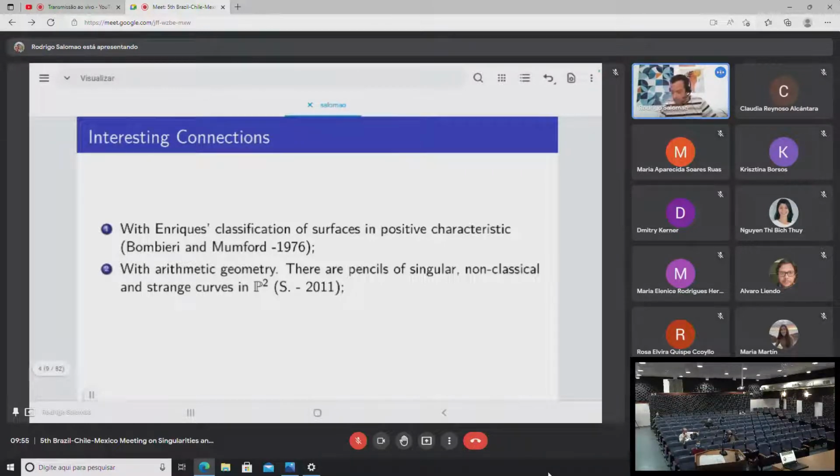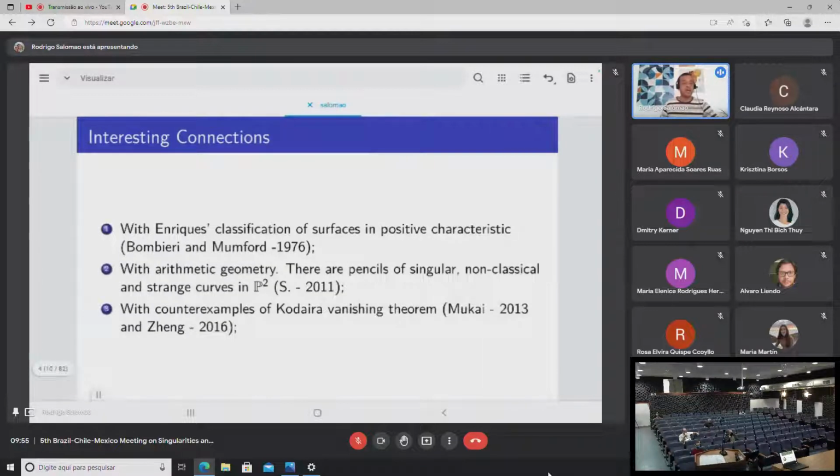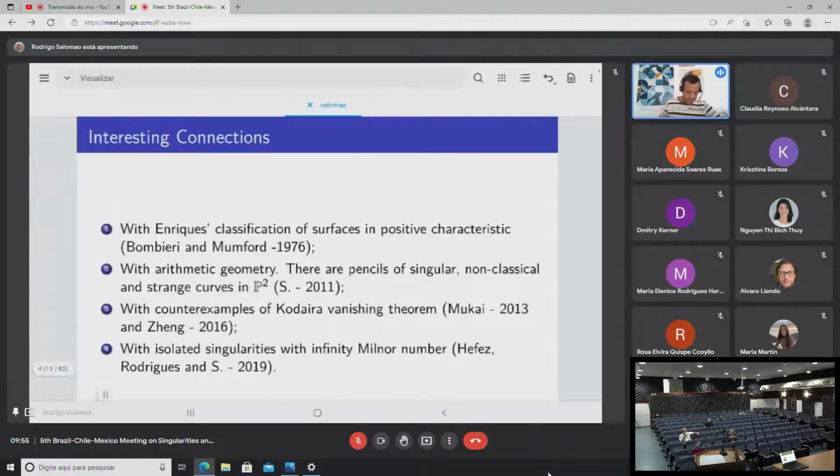Another interesting connection is with counterexamples to the Kodaira vanishing theorem. It was discovered by Mukai and Zhang. And the last interesting connection is with isolated singularities with infinite Milnor number, as was discovered in a joint work with